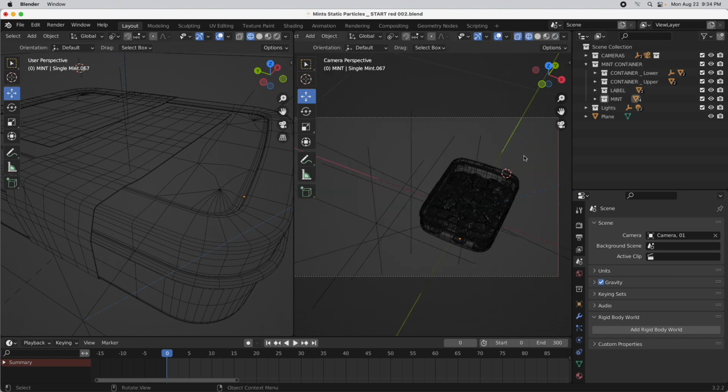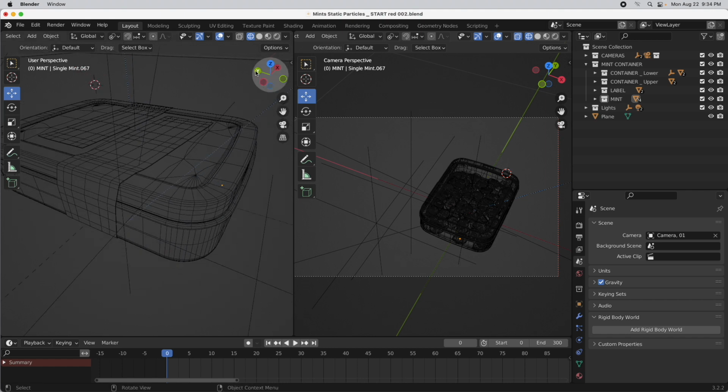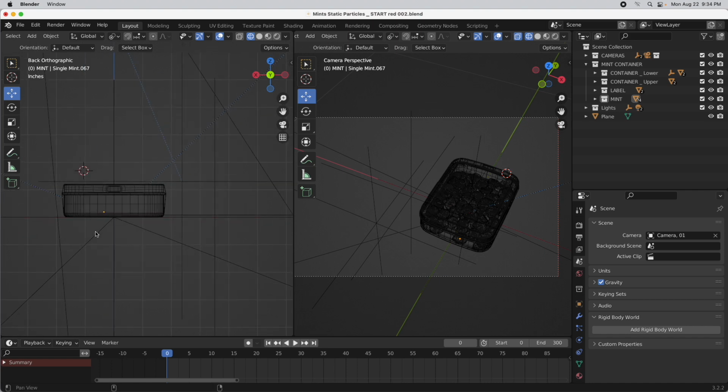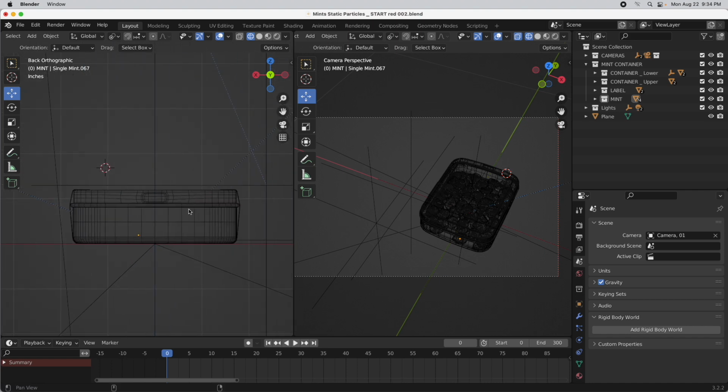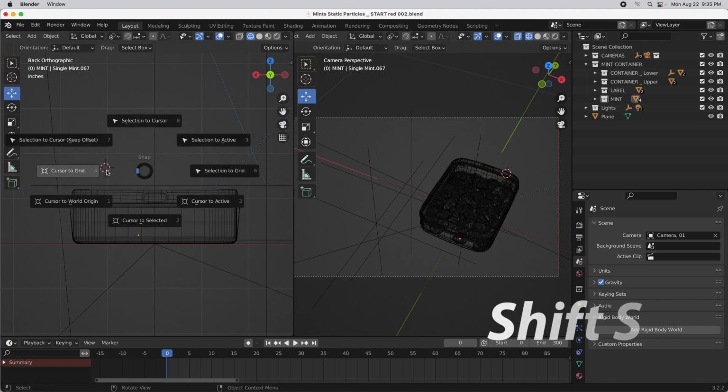What I want to do is I want to come over here and let's do a little bit of scene editing. I'm going to come back into the front view and we're going to note that the objects, as I've started it, I modeled this and I set this up at exactly 0 on each axis in the world origin. That's really important when you're doing instances of collections. Here's the cursor. I'm going to press Shift and S and I'm going to return the cursor to the world